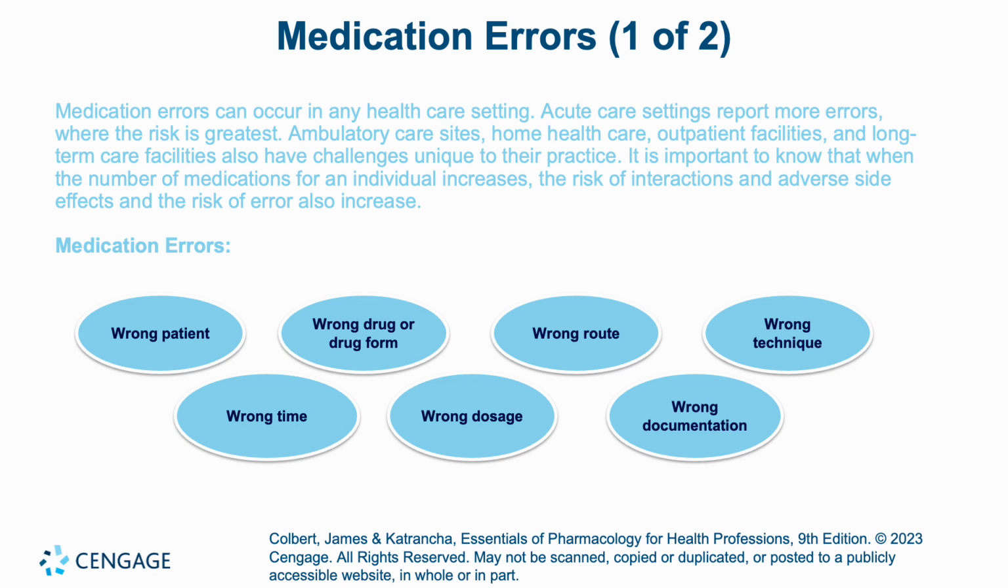So medication errors as listed here: giving the medication to the wrong patient, at the wrong time, the wrong drug or drug form. So maybe it was supposed to be extended release, but you are giving an immediate release, or it's just the wrong drug altogether. The wrong dosage, the wrong route, giving something via injection that was meant to be oral, that kind of thing. The wrong technique, and the wrong documentation. So I want you to think of these 7 things as things that can be considered medication errors. And we will also call those the